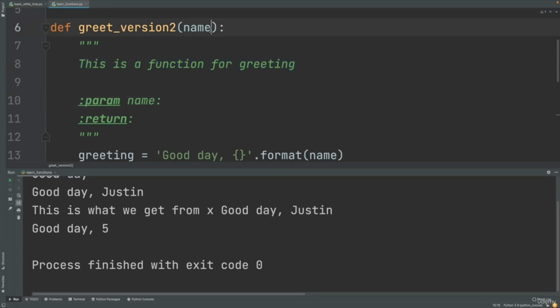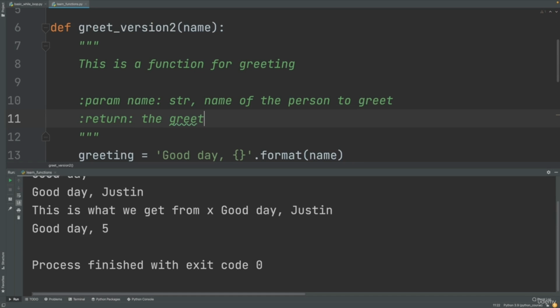Then the name. What do you want people to do whenever they're trying to pass in the name variable? We'll say, okay, it's a string, name of the person to greet. Return the greeting